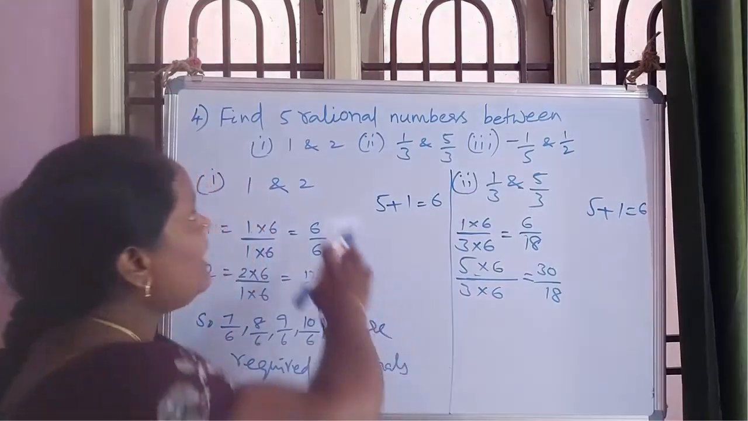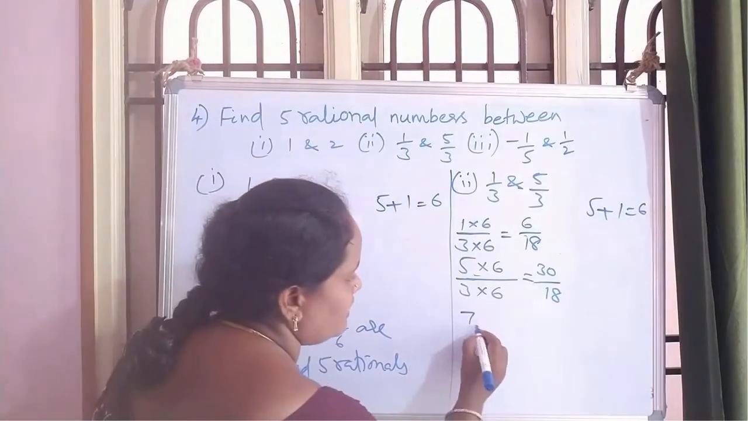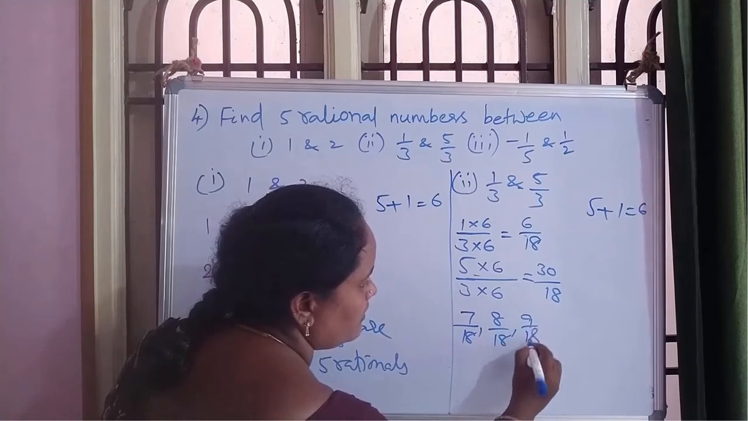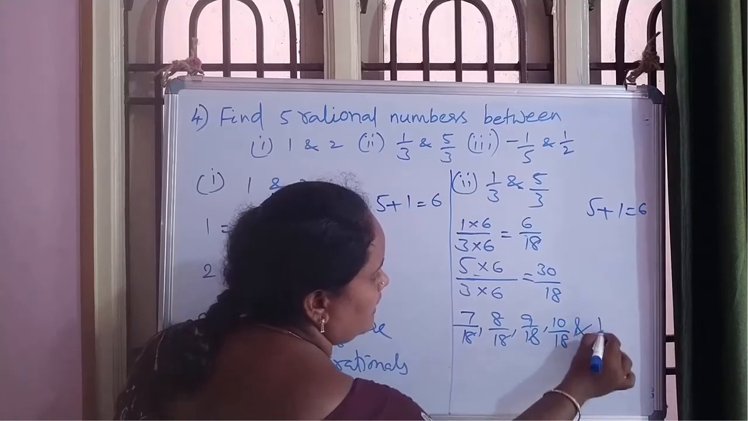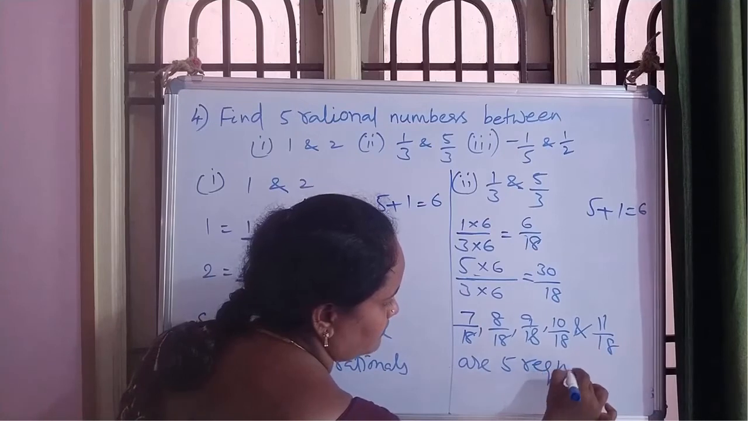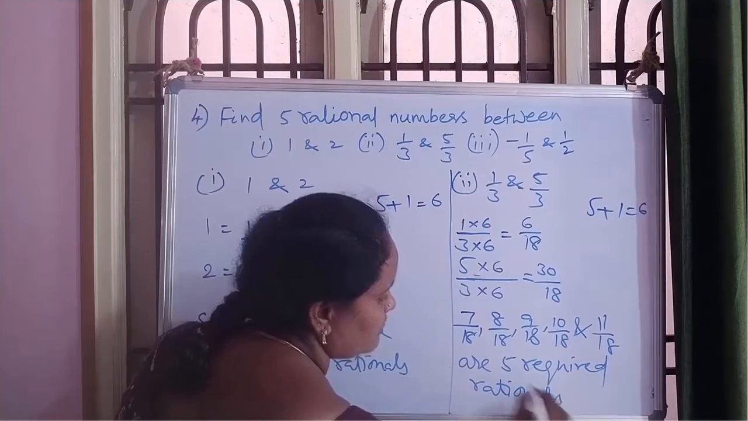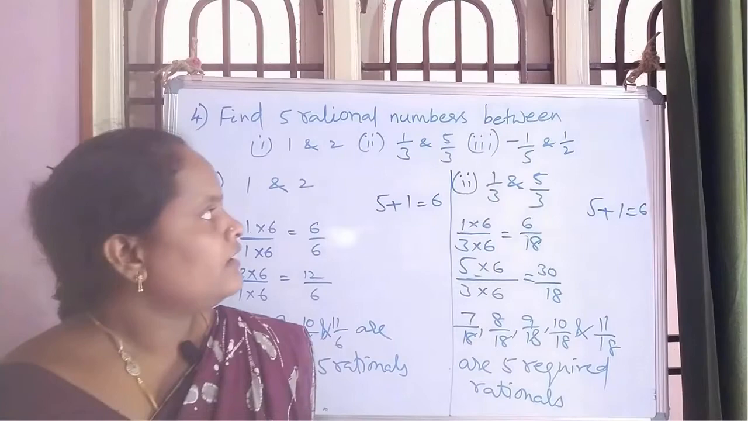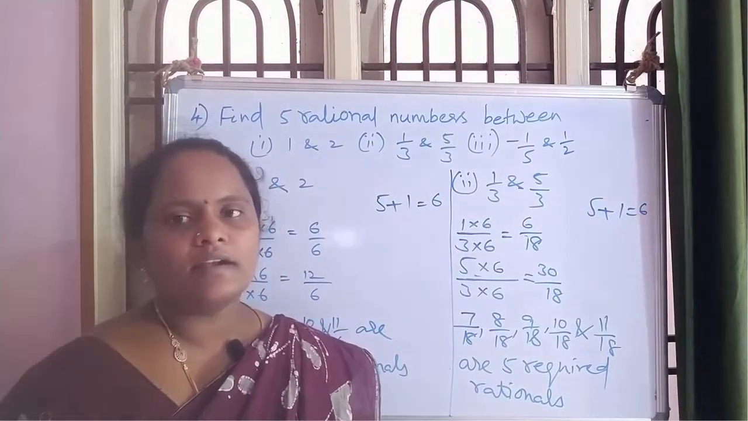So here they asked only 5 rationals. I am writing only 5 out of those. 7 by 18, 8 by 18, 9 by 18, 10 by 18 and 11 by 18 are 5 required rationals. So I got 5. Okay children, understood? Let us move on to the third question, that is minus 1 by 5 and 1 by